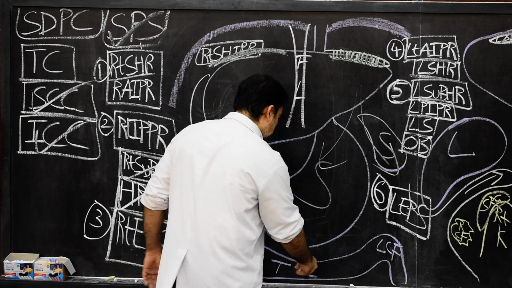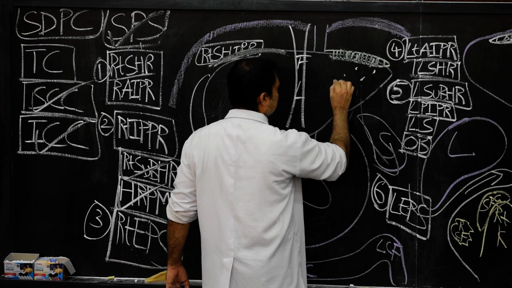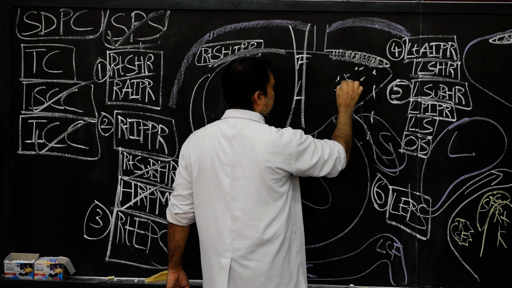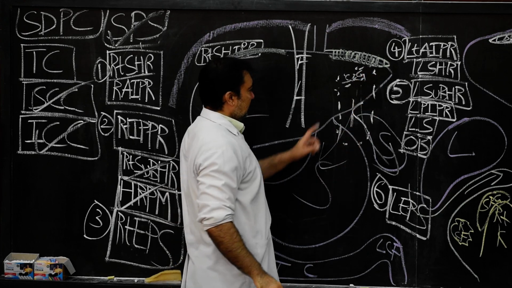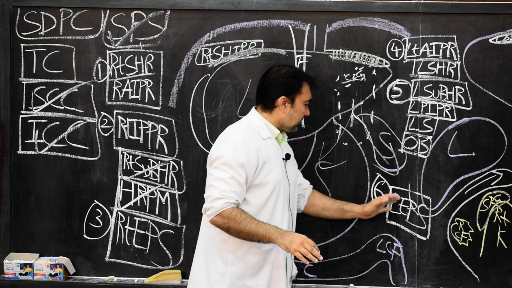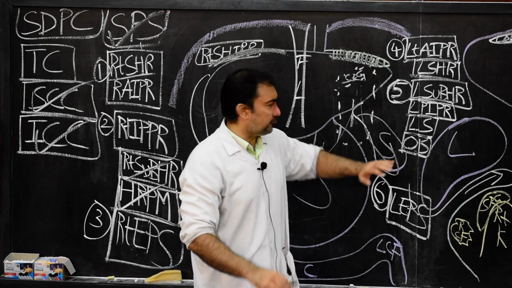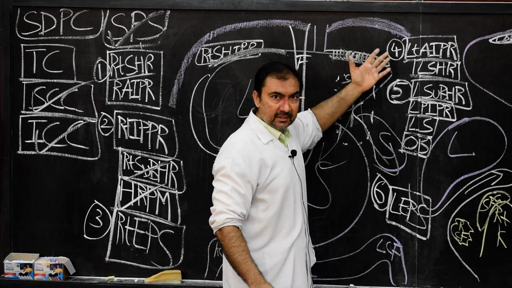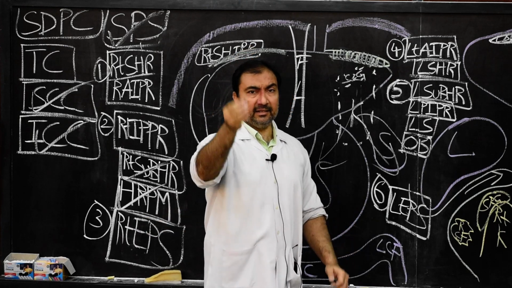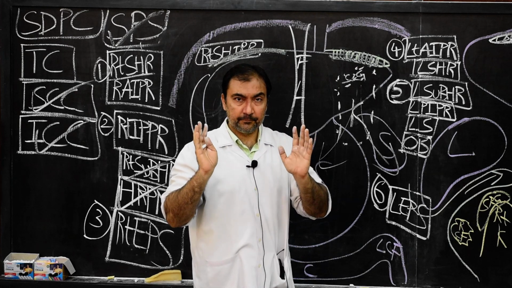Posteriorly by the left suprarenal gland. So here, if I draw posteriorly, this is the suprarenal gland and this is the kidney. Kidney and suprarenal gland, I have shown in dotted form posteriorly. So the left extraperitoneal space is just a space which is present between the posterior surface of the left lobe of liver and posteriorly by the left suprarenal gland and left kidney. Simple. That is the left extraperitoneal space.